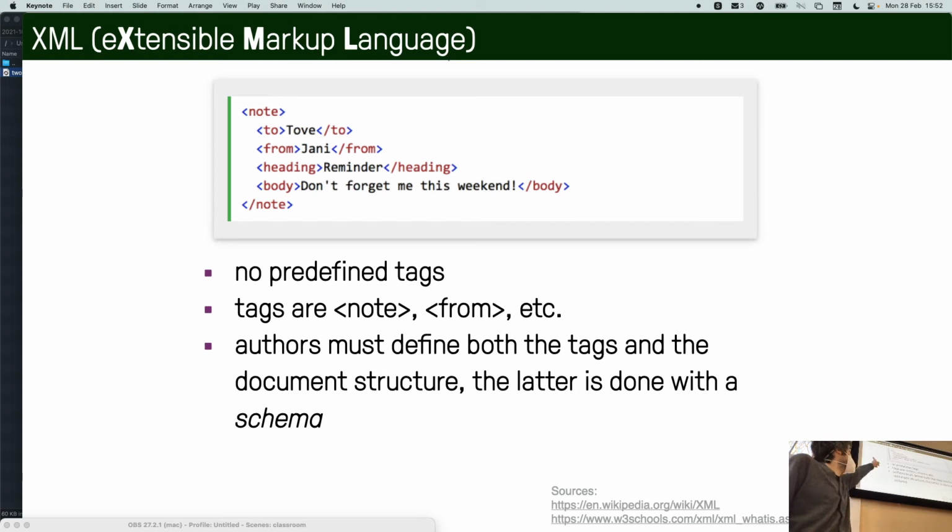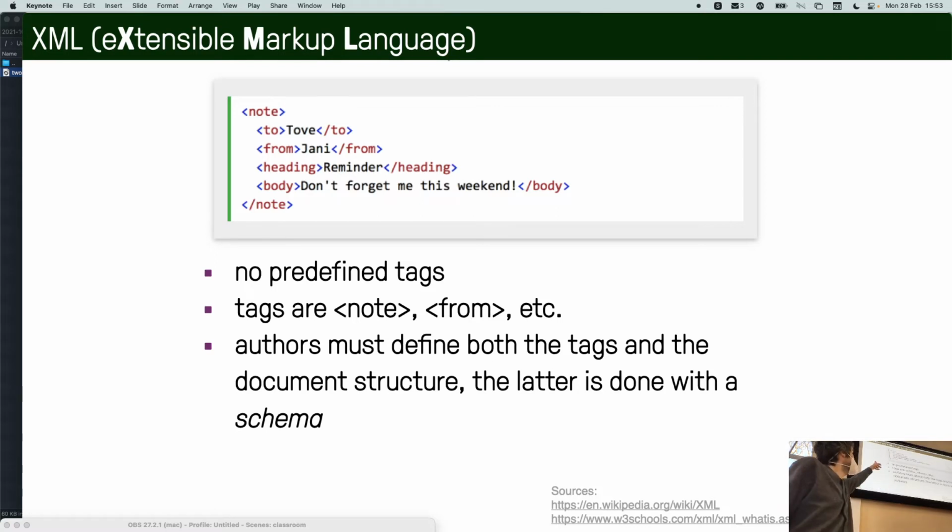XML looks like that. It's a tree that you create, but you cannot convert it directly to a data structure as you do with JSON, where you have arrays and dictionaries. So you basically have a node, then you have different fields or different tags. And if you want to process the information with a language, then you need to write the logic yourself. You need to basically say all of these should be in an array. That's your job to decide, while in JSON, it's kind of done for you.